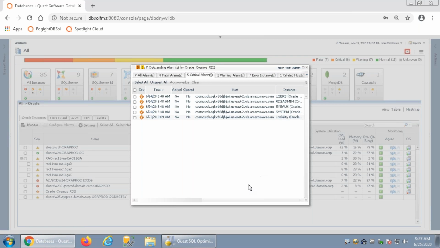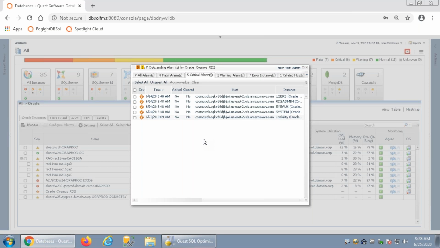So here we have some of the alerts on this one particular instance. And you can see the severity level, which is critical, when this alarm alerted. Note there are acknowledged and cleared columns here. I mentioned that I'm connected as the DB admin, as a user called DB admin. So my account has certain privileges and certain access rights. But the other reason for that is to